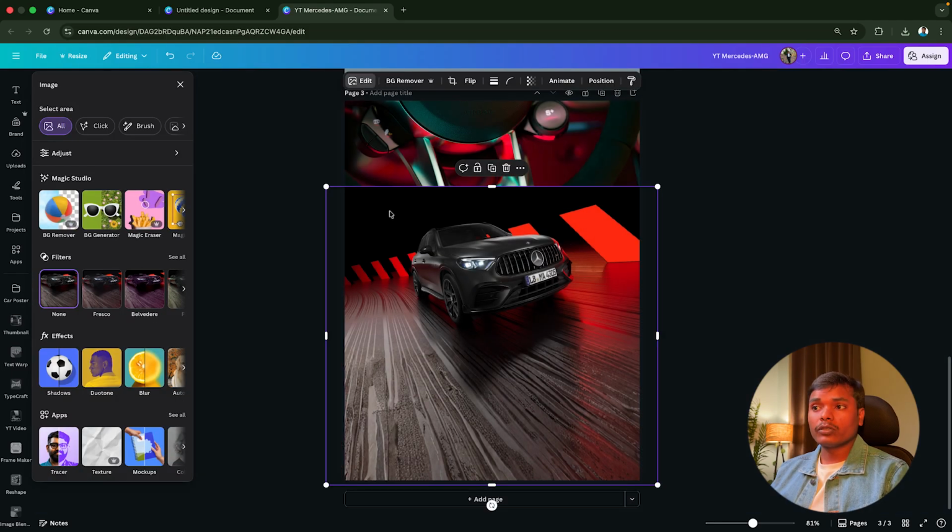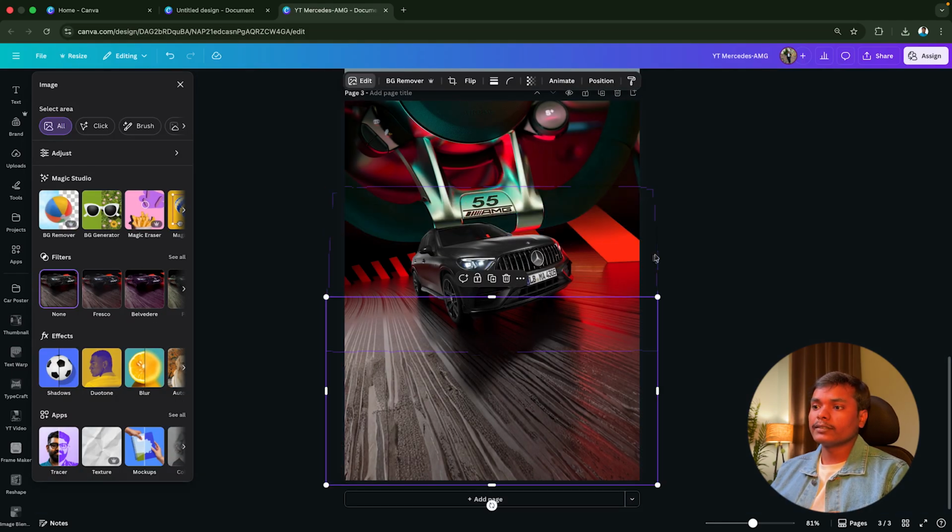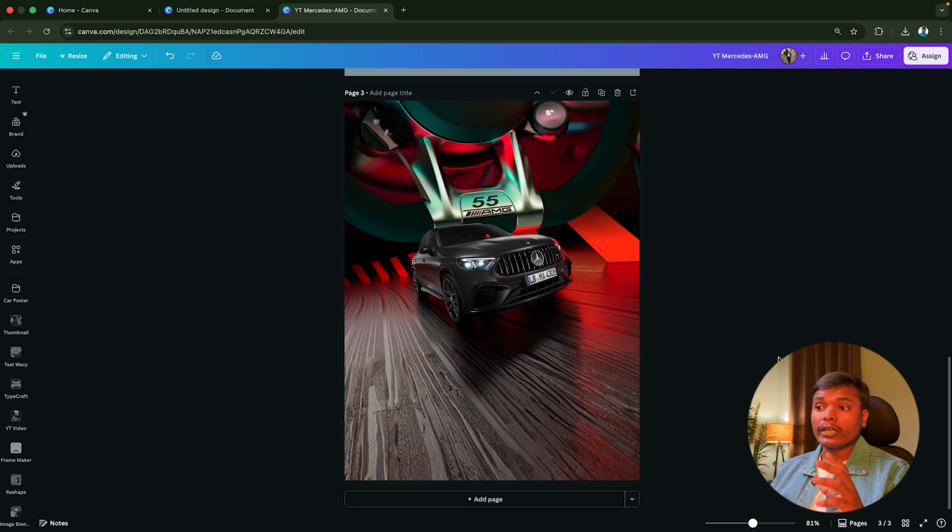And once after clicking on the done option, I will just drag it like this. So you can find that it is perfect looking, and we have created the perfect background. After that, to write the text, I am going to apply a gradient on it. So for the gradient, I will take a rectangle.